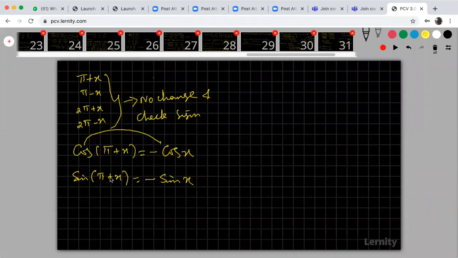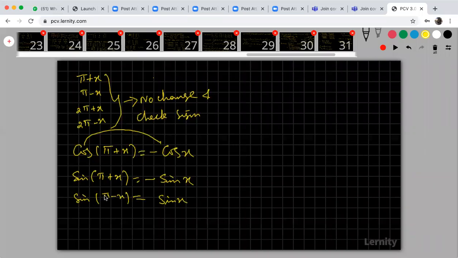Here sine of pi plus x, this belongs to the third quadrant, therefore minus. Pi means don't change that, sine is sine, right? Suppose look at sine of pi minus x, what happened? This belongs to the second quadrant. Pi means don't change that, it is sine x only.